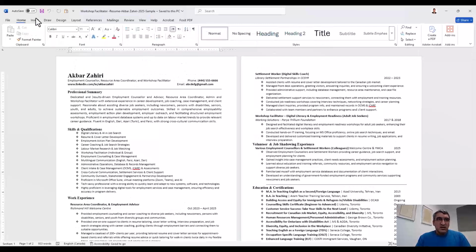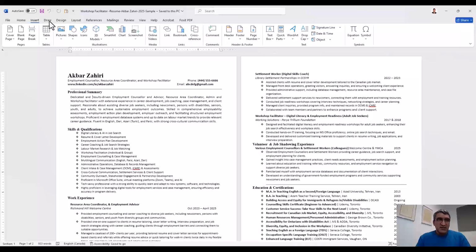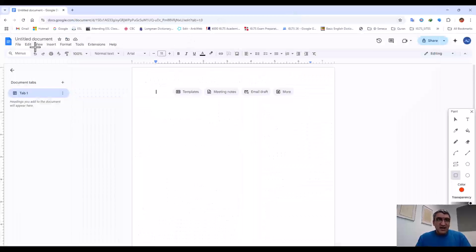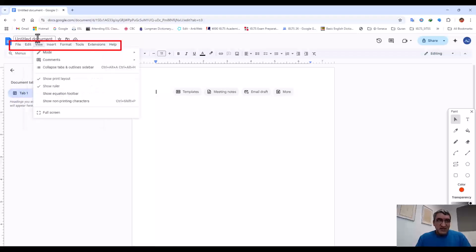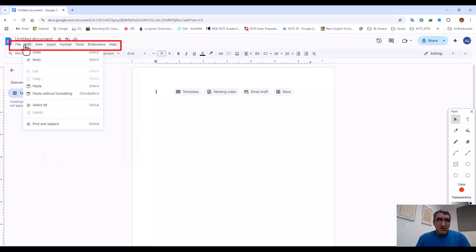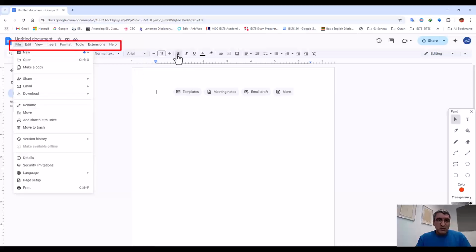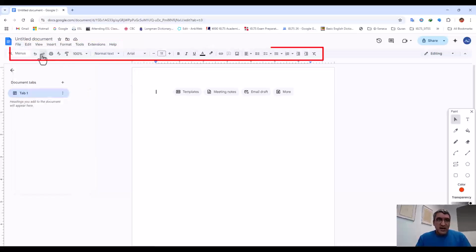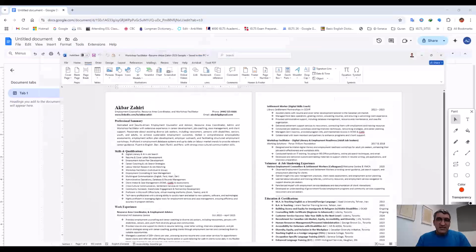And as you saw, the options like insert, draw, design, the difference is that there you can see all the icons, but here when you click on the menu, you can see only the options. You see, it is similar to Microsoft Word. And the tools that you see here are exactly similar.